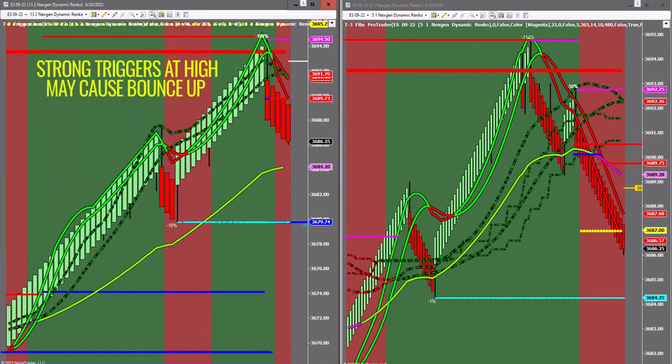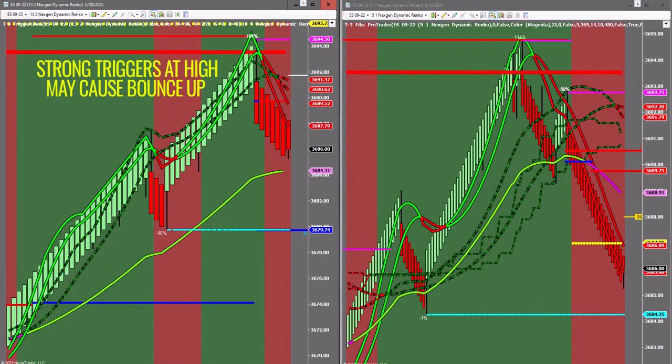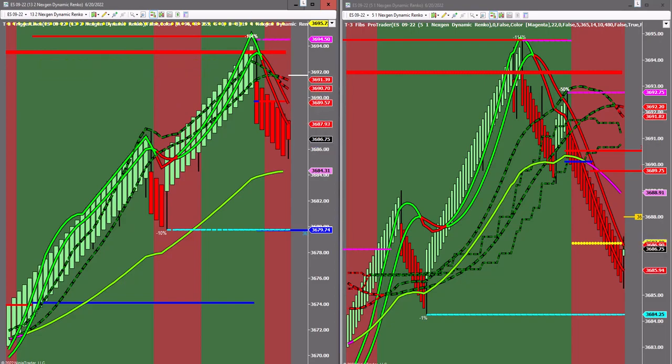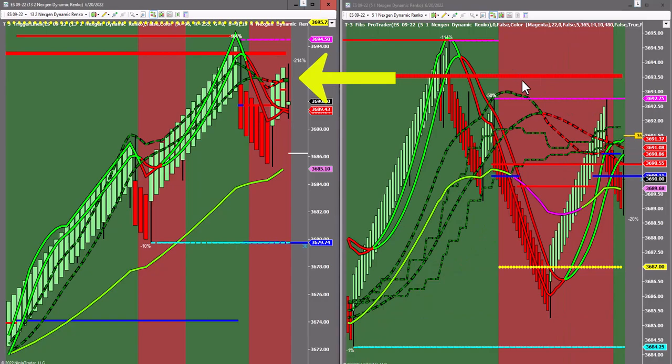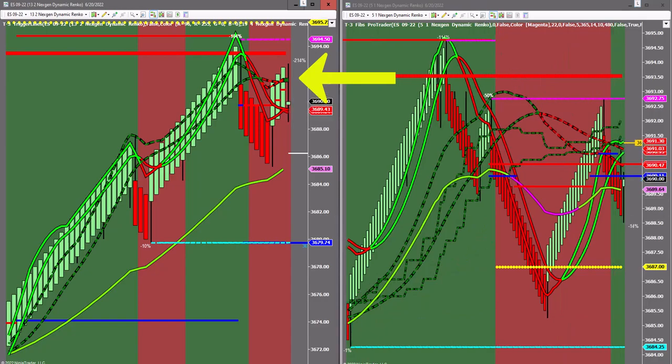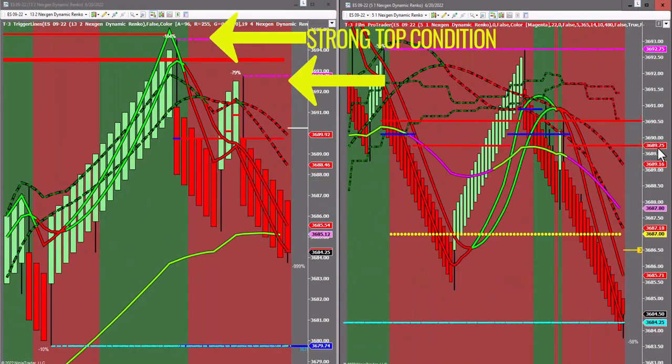So what we're going to wait for is after the bounce back up, which will shorten the sequence here just a little bit, and the market retests the large triggers on the 13-2 chart. That's the point at which we're going to analyze the market, the strength of our triggers, and decide whether we're going to take a trend trade short. For this purpose, we're going to wait for a strong top condition, which you'll see here